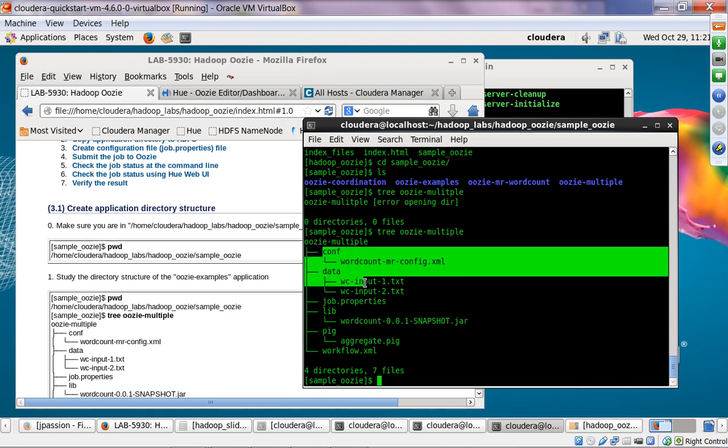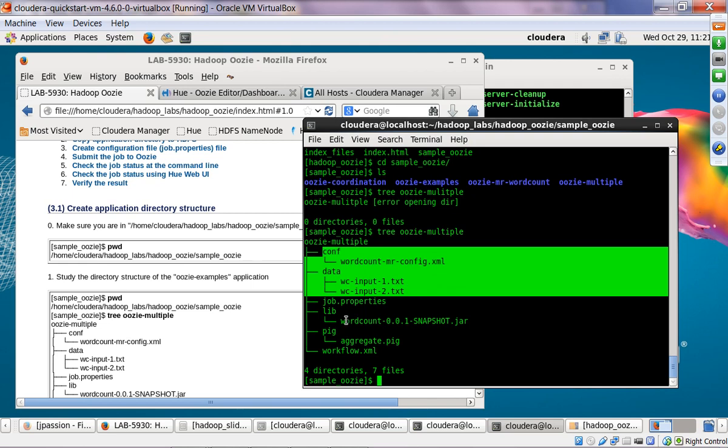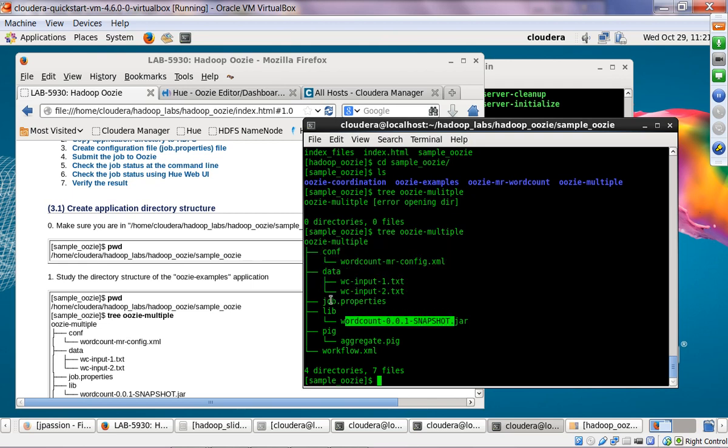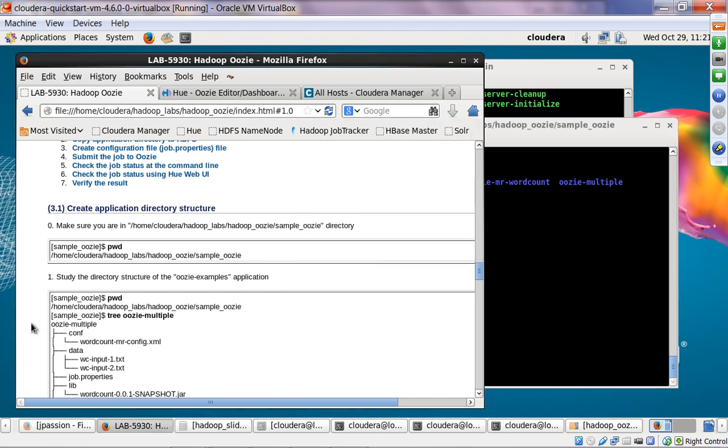This is exactly the same. We also have a lib, and we also have job.properties. Now we have aggregate.pig, because we're going to perform a Pig action as well. So if you take a look at the workflow.xml file,